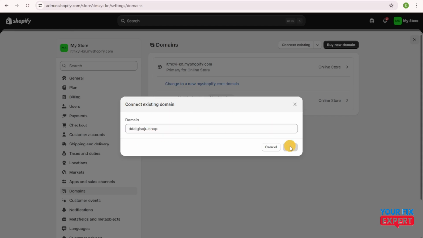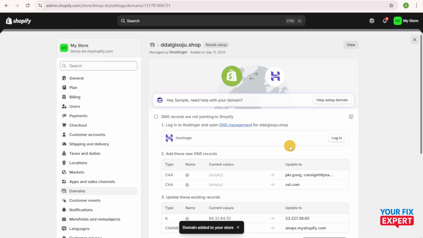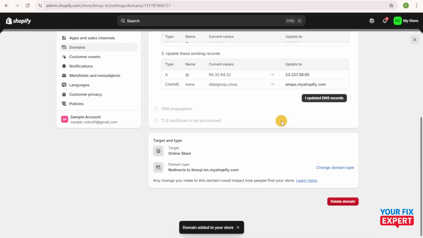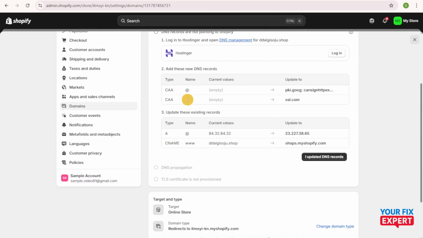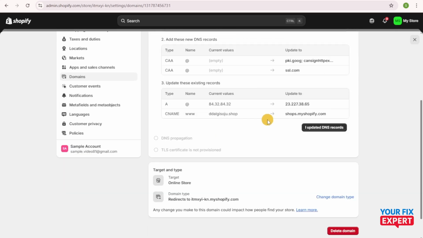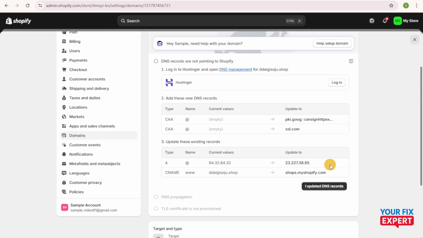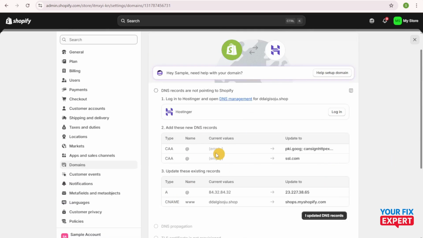So you're just going to click on next, and then Shopify will detect GoDaddy, and then you're going to click on connect automatically. So you have here your DNS records. Now, if it's from GoDaddy, you should see GoDaddy right here instead of Hostinger. Now, what you're going to do next is you're going to click on I updated DNS records if you want to update these. But once you see your GoDaddy account right here, you're just going to click on login, and then